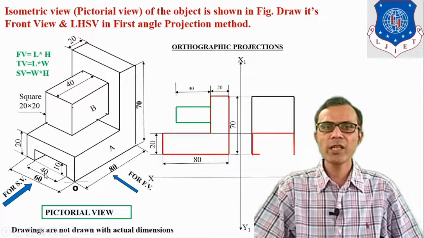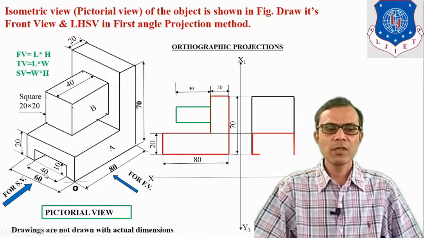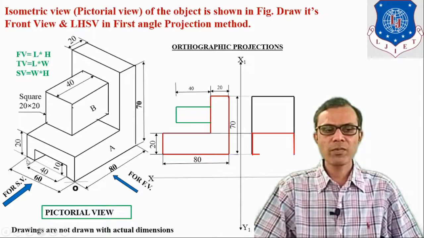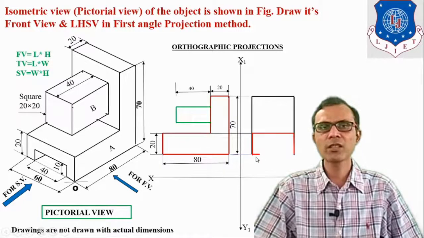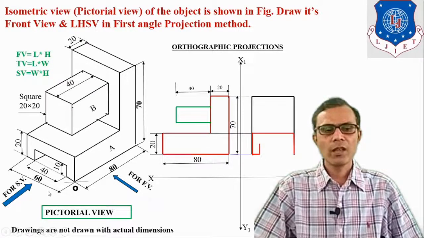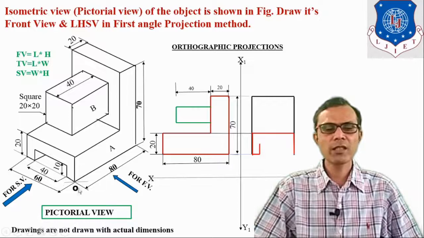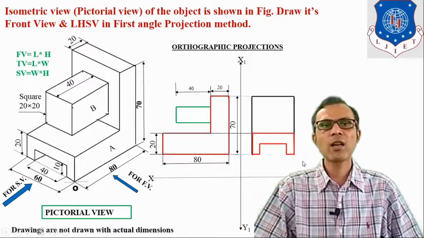So 60 minus 40, 20 mm. So both of these steps have 10 mm dimension on both the sides. So from this point we have to take this dimension, width 10 mm, and this step height is also 10 mm. From this point also we'll take dimension 10 mm and complete this inverted C shape. It is shown here by this red color outline.